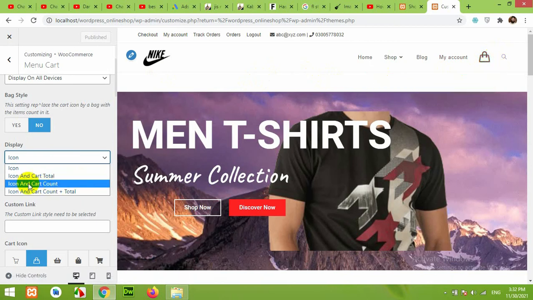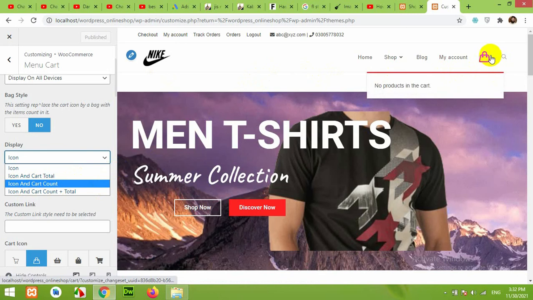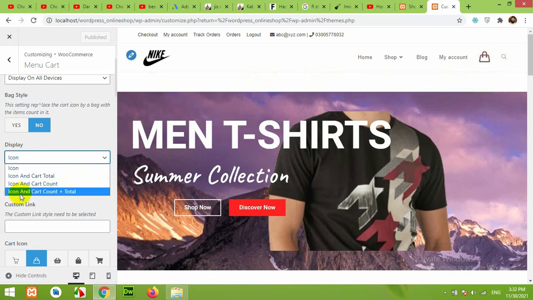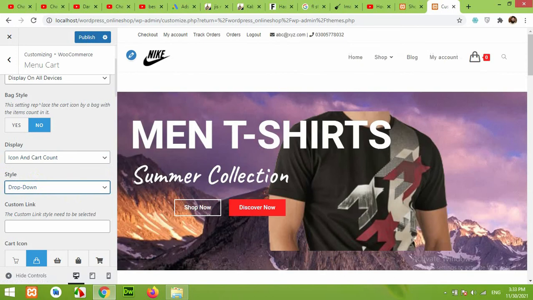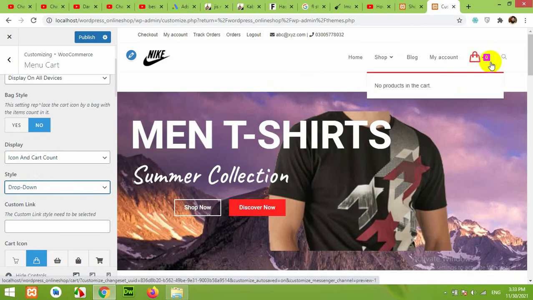But if you choose cart icon and cart count, then how many products are added to the cart will be shown here. You can show both cart count and total at the same time. So let me choose cart icon and cart total, cart count. Okay, now it's showing the cart icon and the total.